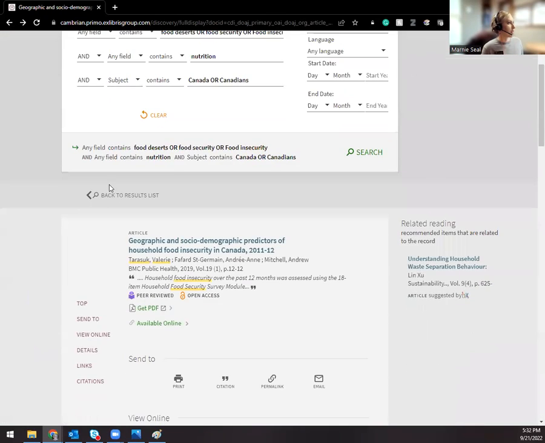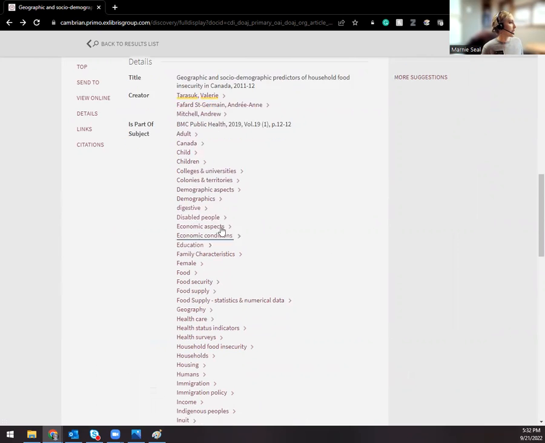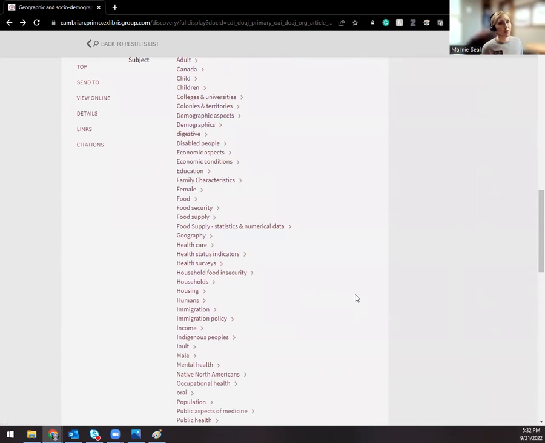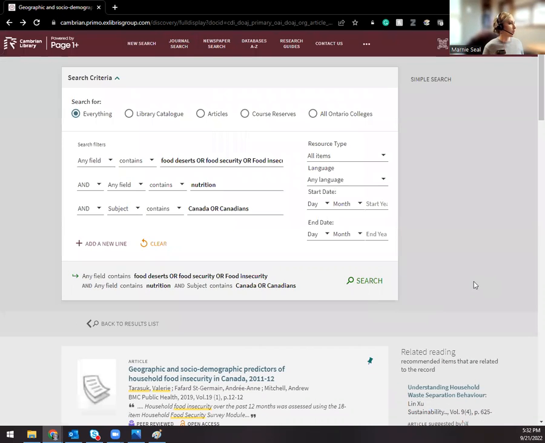Same thing if you were to click on any of these terms. It would link you to other articles that are tagged with those terms. And looking at these subject terms is also just another really good way to get ideas for pieces to add into your search, right? Like maybe there's a term there that points to the concept that you're driving at that you haven't really even thought of how to phrase it, and it's giving you the term there to show you kind of the standard language that researchers are using to tag those articles. So that's really handy. So that's what a record page looks like for an article,